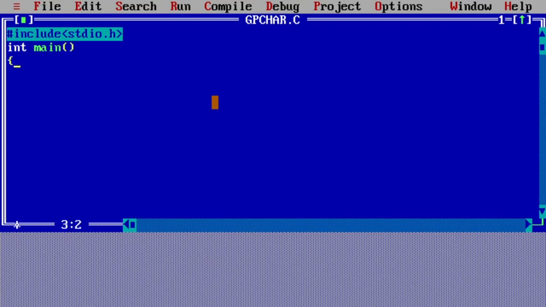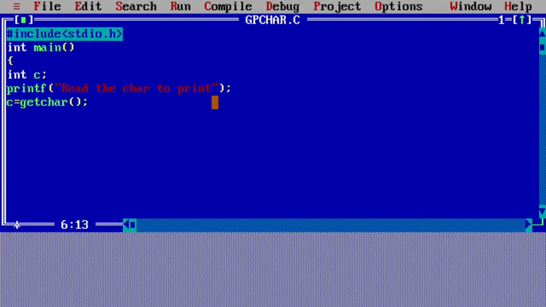Then open brace. int c, one declaration, then printf, read the character to print. Any character you want to print, you can read it. To read, I use c = getchar(), a built-in function available.